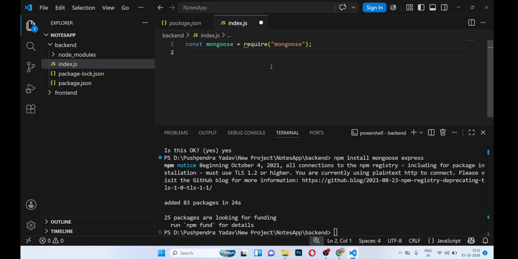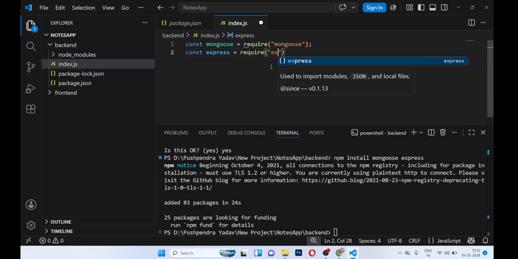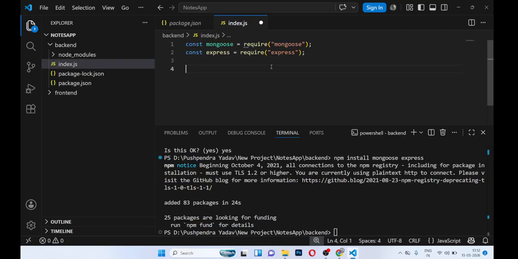The other thing is Express. So const express equal to require express. Okay, we'll save it, and to connect to it we will require the URL. So const URL equal to